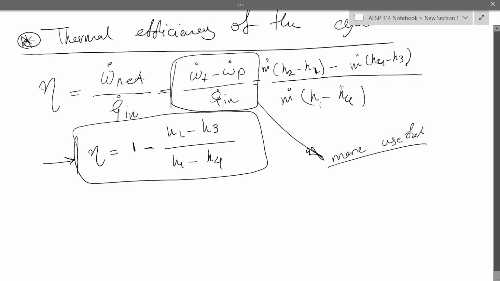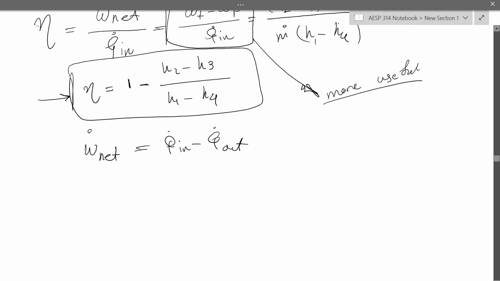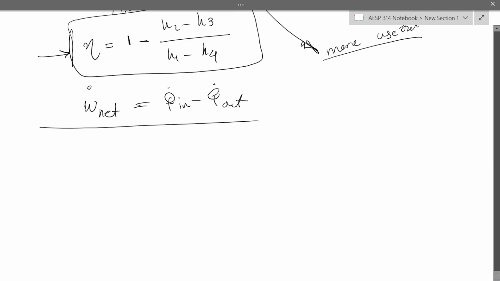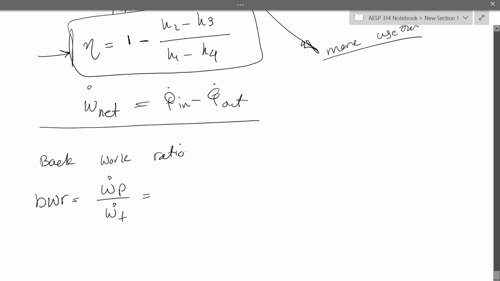There is one more thing that we need to talk about. We talked about the net work. The total work out of the turbine is equal to Q dot in minus Q dot out, right? Just have to keep that in mind. And we also have another concept, the back work ratio, which is going to be WBR equals W dot of the pump divided by W dot of the turbine, H4 minus H3,